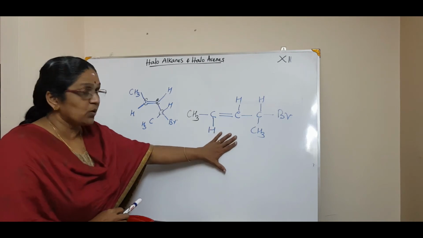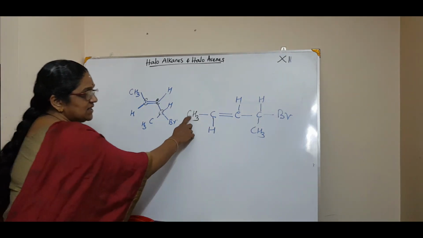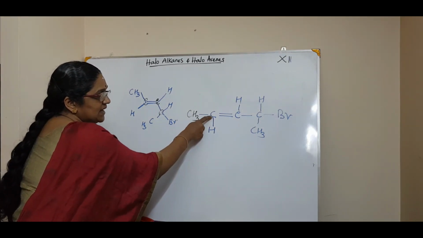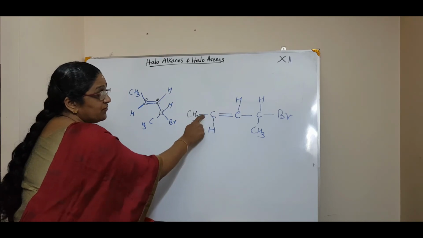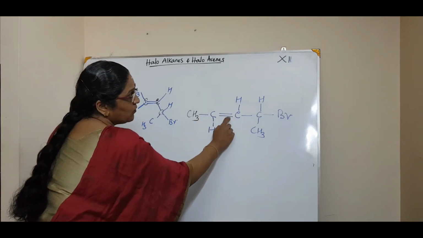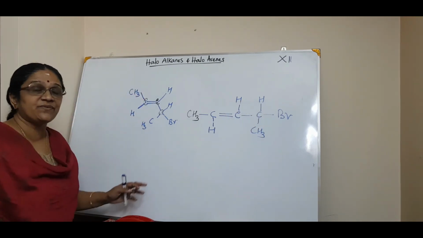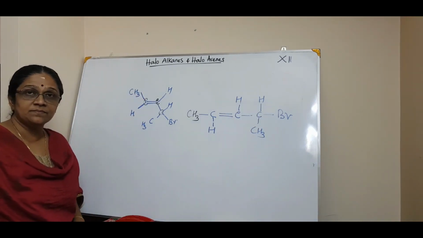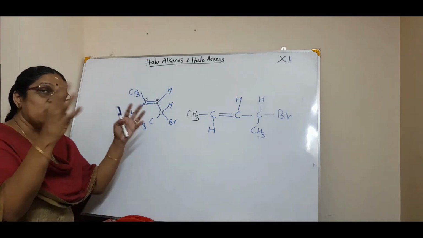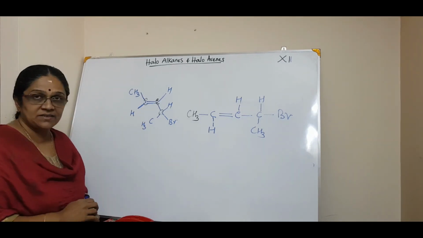So now we will check for the valency. See, CH3, 4. Then this carbon atom, 1, 2, 3, 4. This carbon atom, 1, 2, 3, 4. And this carbon atom, 1, 2, 3, 4. So the valency is satisfied. So this is the compound. Now, getting into all the rules, you name it.